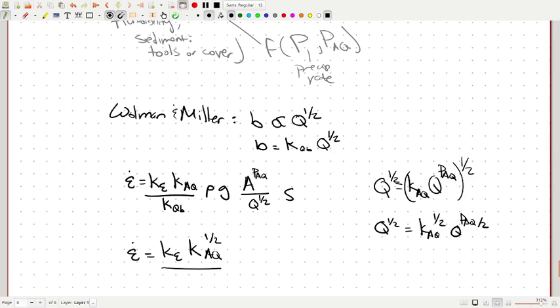And then we're going to keep this all over K_QB, this coefficient relating channel width and discharge, times density, times acceleration due to gravity, and then this whole thing multiplied through by drainage area in the numerator, divided by,